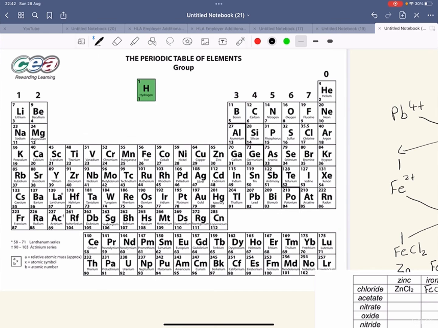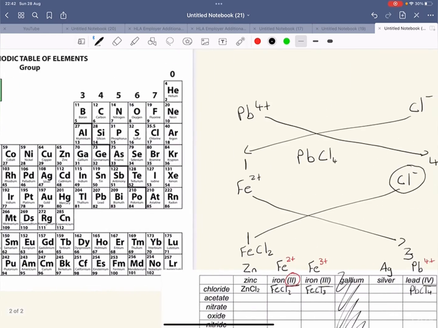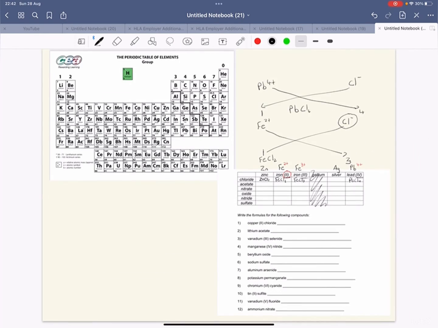PbCl4. And yes, that is really it on being able to make compounds based off of ionic charges using the periodic table. I hope you find this helpful, and there will be more videos on the specification in specific